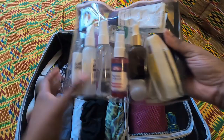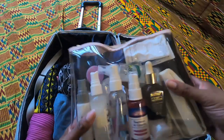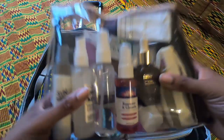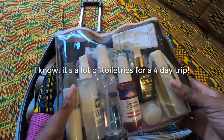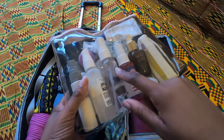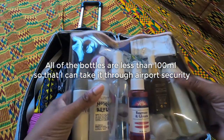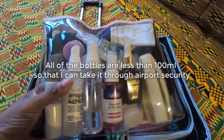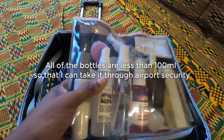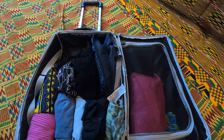So now I'm going to pack all my toiletries. I think these take up most of the weight. I try and pack things into little bottles. As you can see, these are recyclable bottles, and I do that just to save on weight, really, because toiletries tend to use up a lot of weight. This feels quite heavy. This can go